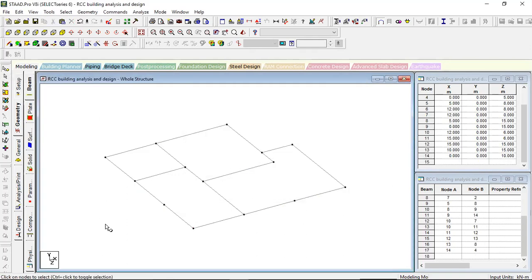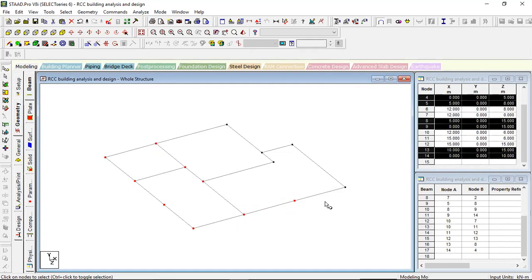Fine. Now I will select the column positions using the control button, using node cursor, select wherever you need columns. Okay, so now all the nodes are selected.